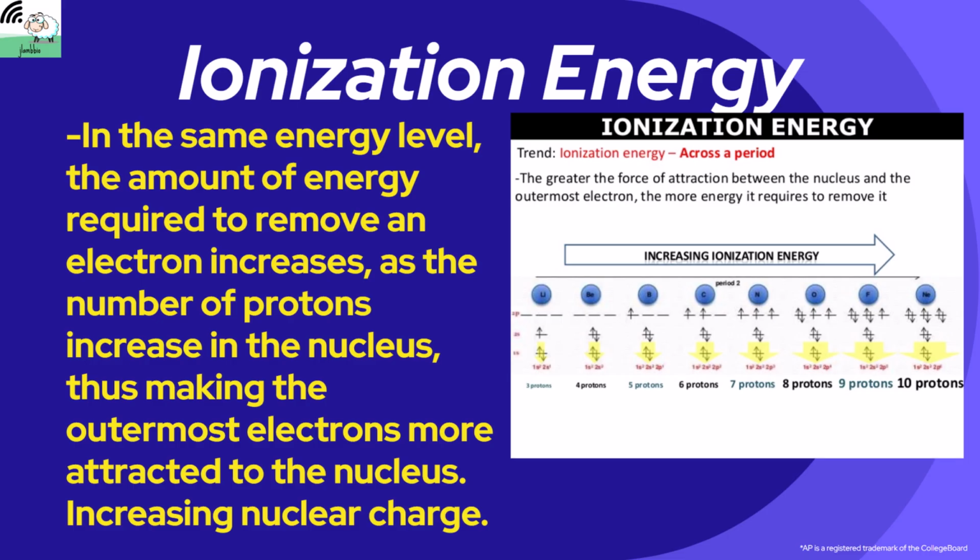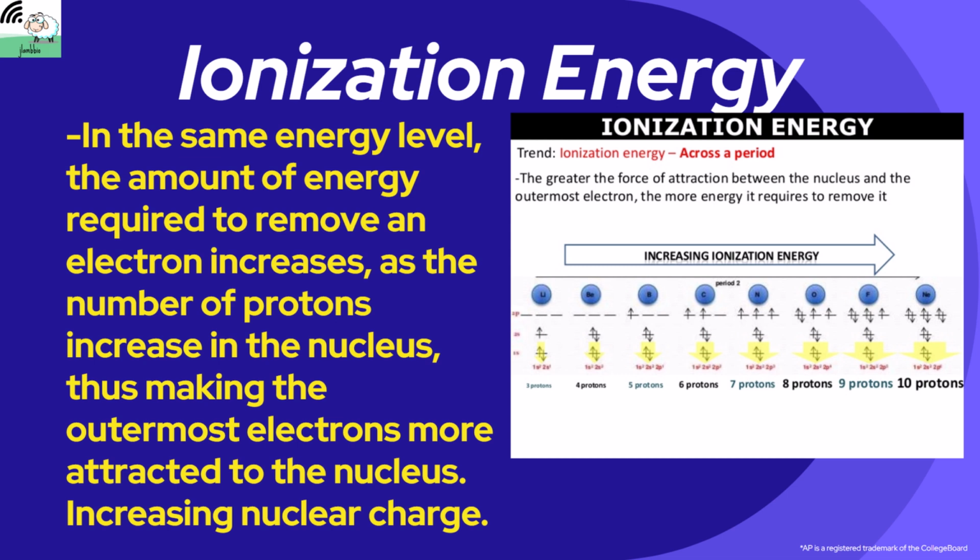So we've done our comparisons going up and down a group. How do we compare the strength needed, or the amount of energy needed to remove an electron when we're in the same period on the periodic table? And this directly correlates to Coulomb's law again. In the same energy level, the amount of energy required to remove an electron increases as you go left to right because the number of protons increases in the nucleus, thus making the outermost electrons more attracted to the nucleus,